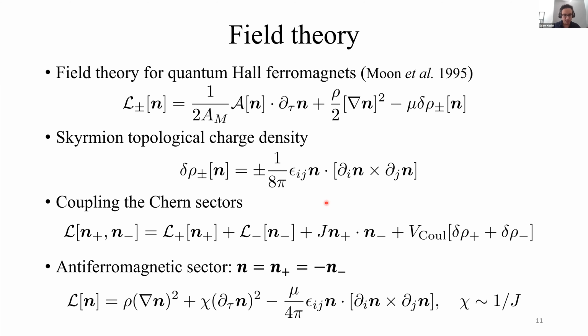When we do this, two things happen. First, instead of a linear time derivative term, we get a quadratic term. So this linear term cancels, and we get instead a quadratic term whose prefactor is proportional to 1 over J. This is essentially an indication that the skyrmions of this new manifold don't feel a net magnetic field. And second, this chemical potential term now has twice the prefactor. So instead of 1 over 8 pi, we have 1 over 4 pi.